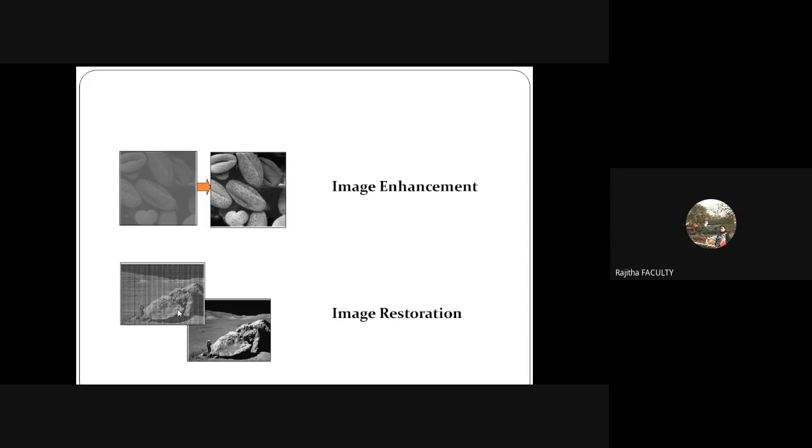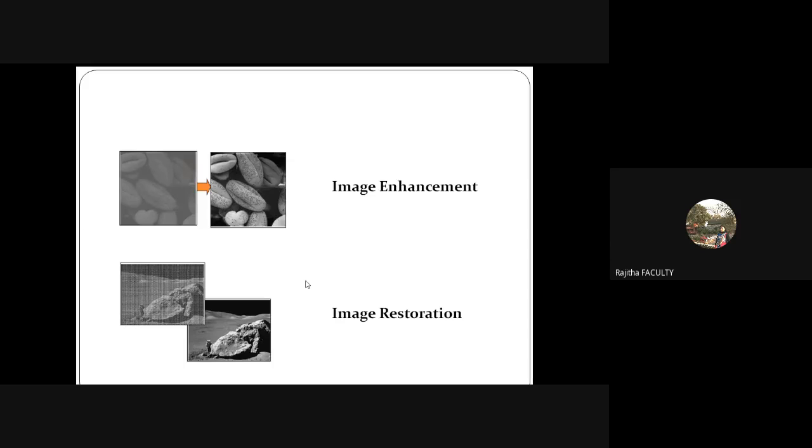Similarly, sometimes the image might get distorted due to noise, right? For example, the one shown here was captured through a satellite, and due to some electronic noise induced in the satellite, there is an overlapping mirror image on the original object, right? So you need to apply some restoration techniques. There are lots of techniques to remove it. You can apply any such restoration technique, remove that, and get your enhanced image, right?